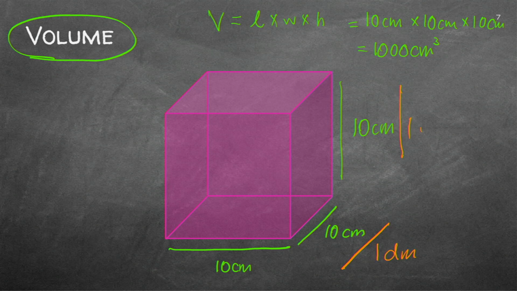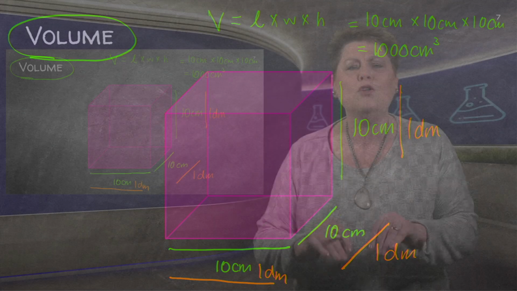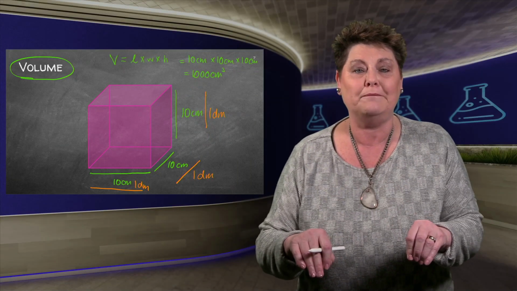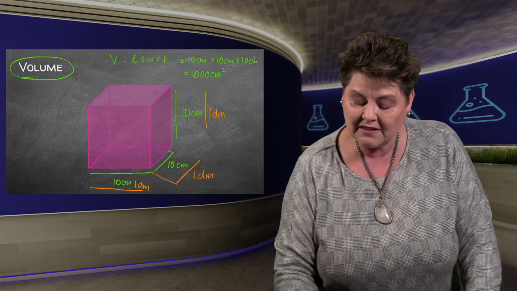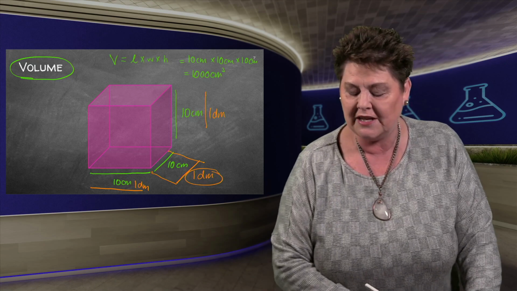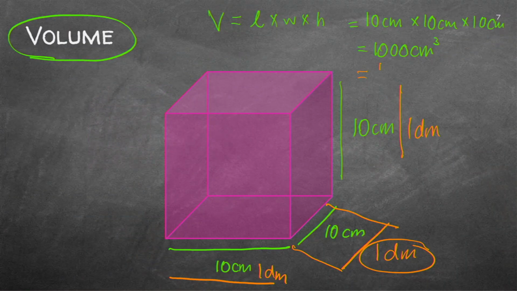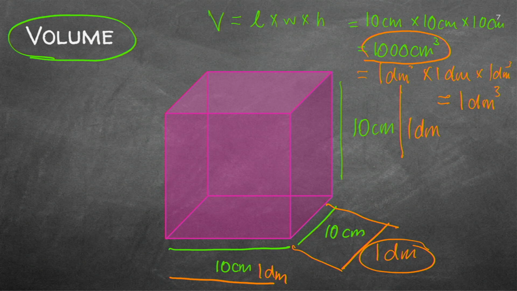But please remember that 10 centimeters is in actual fact 1 decimeter. This is 1 decimeter and 1 decimeter. You've got decimeters on your ruler, on your desk, in your little pen bag. So have a look in your pencil bag, see that you've got 10 centimeters, and remember that that's 1 decimeter. Then this will be 1 decimeter times 1 decimeter, which means 1,000 cubic centimeters is equal to 1 cubic decimeter.